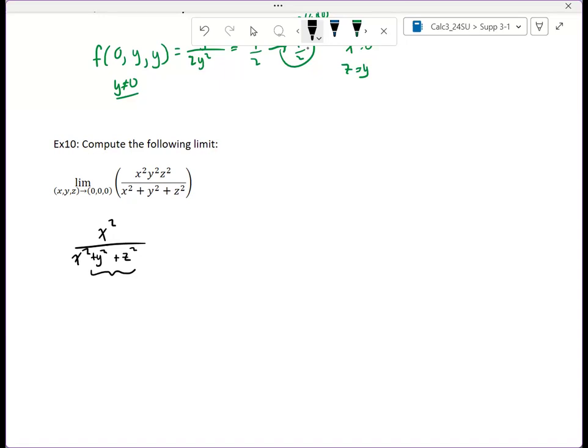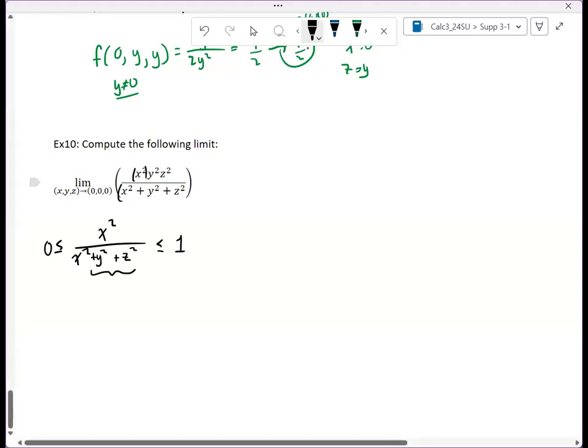But I notice that the denominator is bigger than or equal to the numerator, which means this fraction is less than or equal to 1. And of course, this is bigger than or equal to 0. So I see that this x squared factor in the numerator over x squared plus y squared plus z squared is between 0 and 1. So what does this tell me? This says